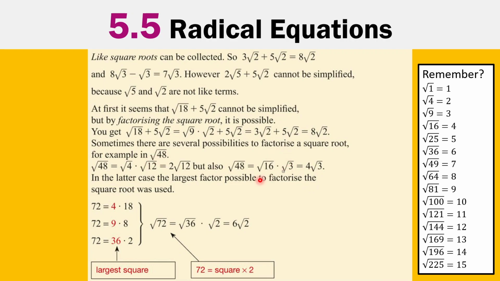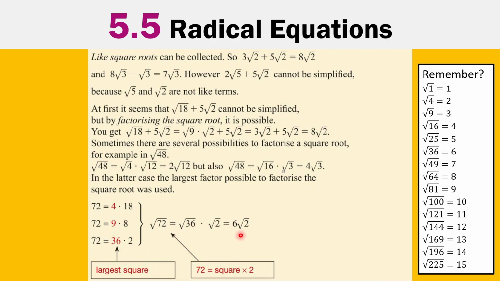I'm going to skip this example here, but I'm going to take a look at this one. If you have a quite big root like this, root 72, sometimes it can be factorized in multiple ways, but not really actually, because some of them are not completely factorized yet. You always want to factorize it in such a way that you take the largest square, so that means the largest number in this list on the left, times a number. So here 72 you want to factorize as 36 times 2,